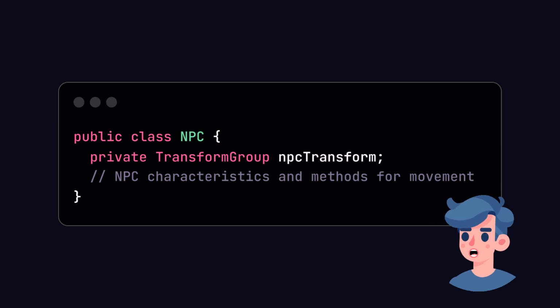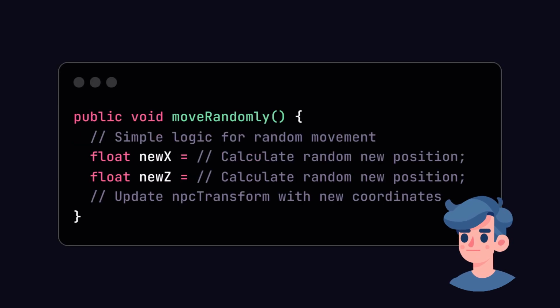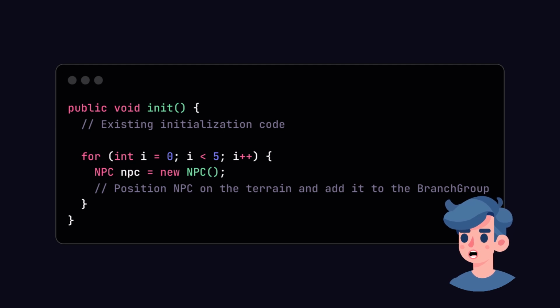Now it's time to enrich the world further by adding dynamic elements. We can create simple NPCs, non-player characters, that can roam around our terrain. We'll define an NPC class that will encapsulate its behavior and appearance. Each NPC will have a behavior pattern we could define using randomness. Here we will use simple random movement logic for demonstration. Let's instantiate a few NPCs in our game scene within the main render method, ensuring they are positioned somewhere on